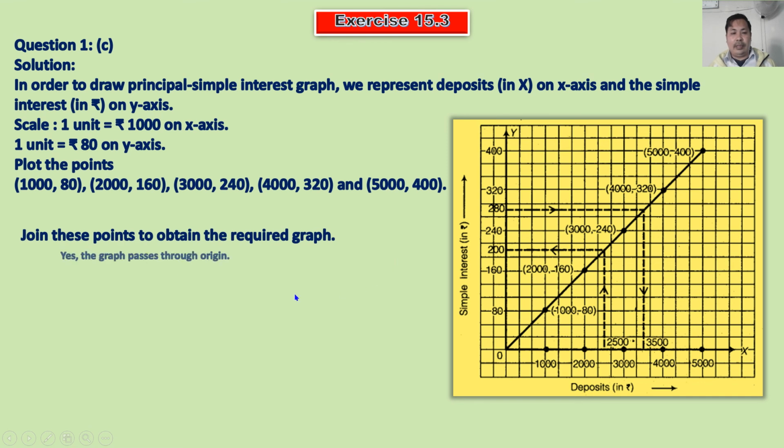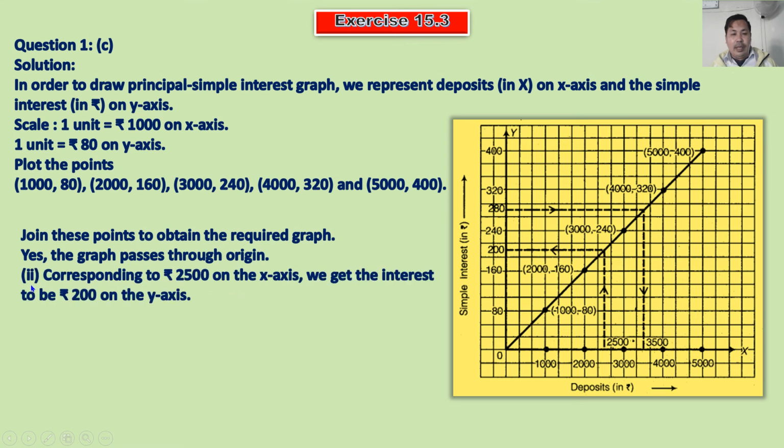Okay, then you see here, yes, the graph passes through the origin. Yes, the graph is passing through the origin. Okay, clear, yes. And some more is there. Question next, the corresponding